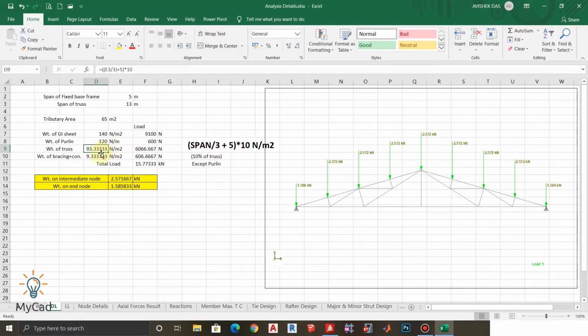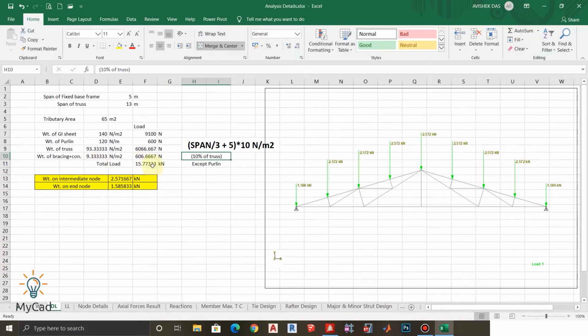According to that I have calculated the load coming on the truss as 93.33 Newton per meter square of plan area, and we multiplied that value with the tributary area and it comes to 6066.667 Newton. And for the weight of bracing and connections, as we have not designed yet, I will consider 10% of the self weight of the truss as weight of bracing and connections, that is 606.667 Newton.